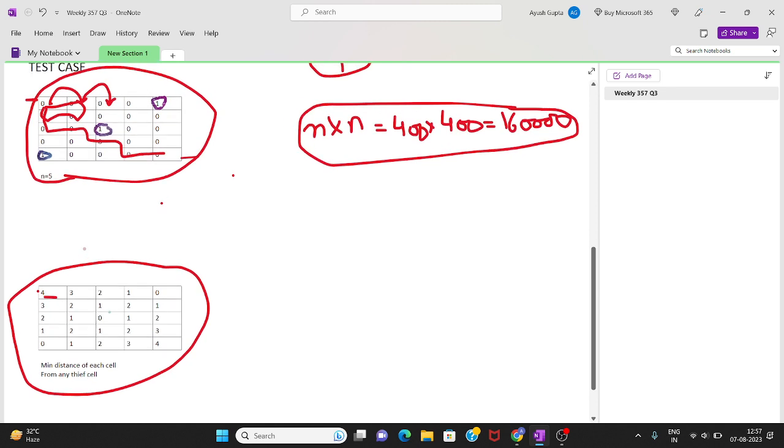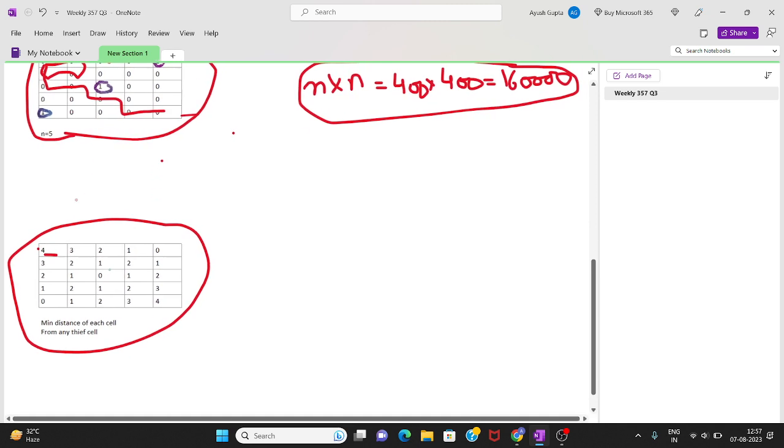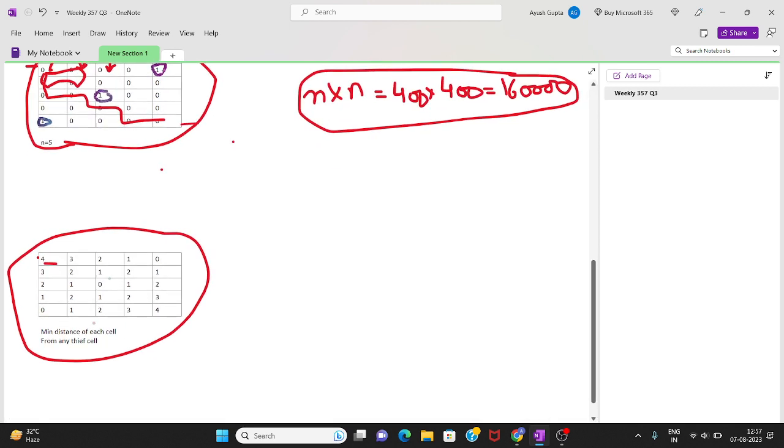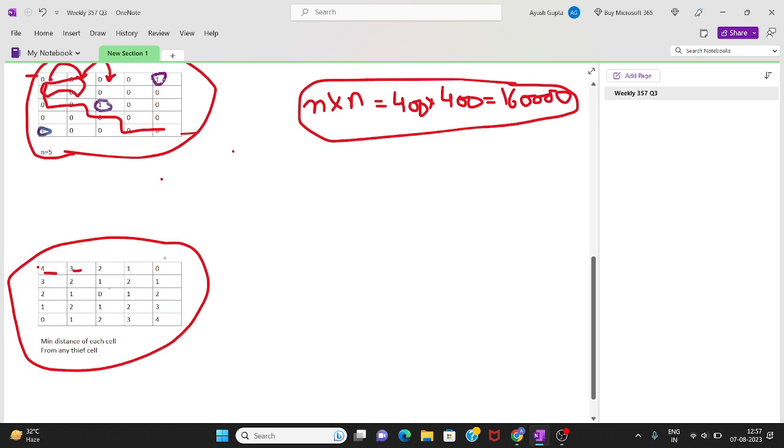We can see that in a brute force way we can start from any cell for whom we want to calculate this value. We can start from this cell and move to every thief cell and just calculate the minimum of all those values that it takes to reach a thief cell.